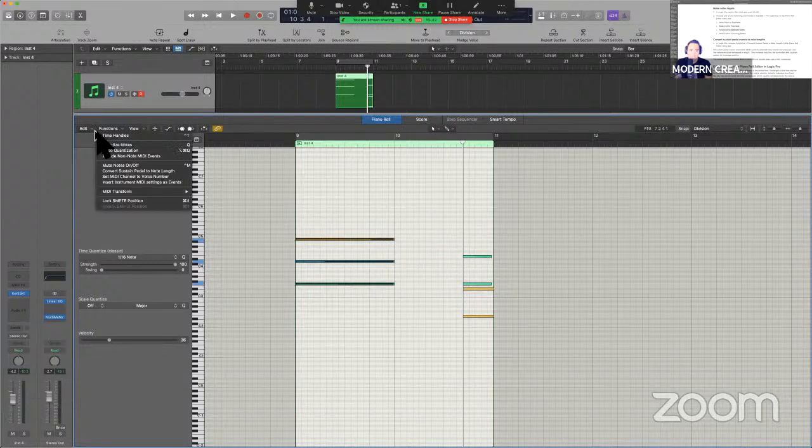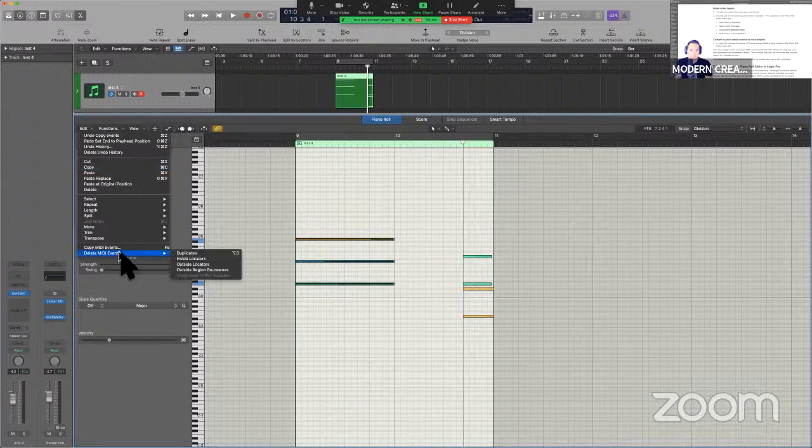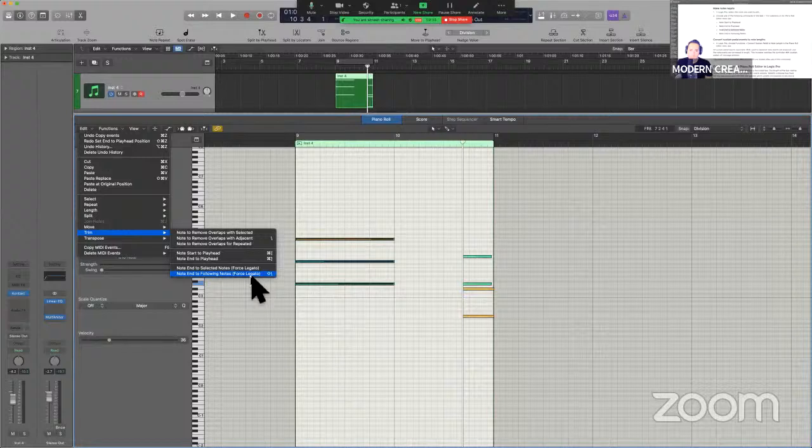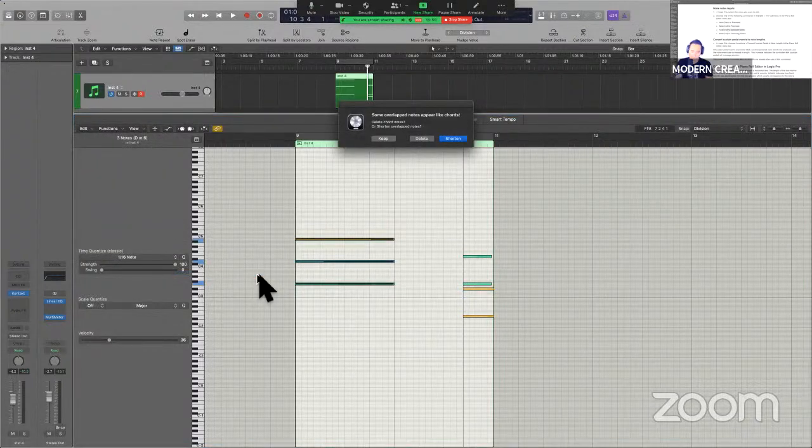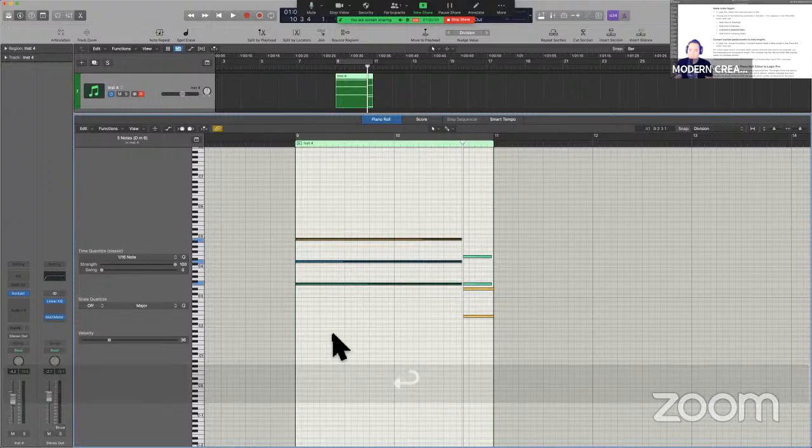That's the whole point. So there is one more. Edit, trim. And this one is forcing legato. Note end to the following note, regardless of what I've selected. Just take it to the next note over. So check this out. We're going to hit that, and boom, it just brought it over. So that's why I like that one personally, because it just takes it there without me having to determine what